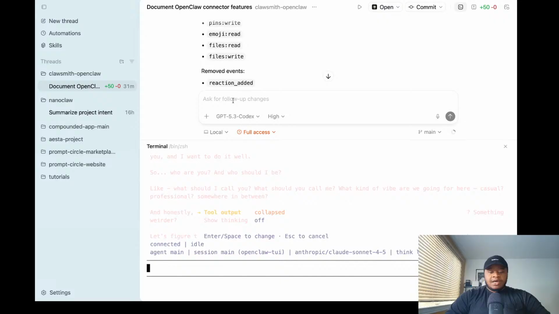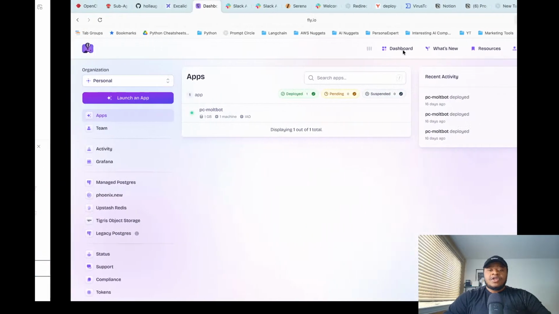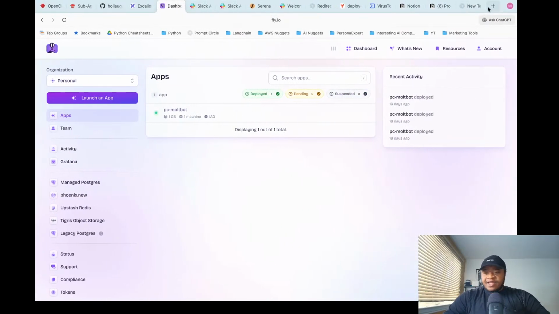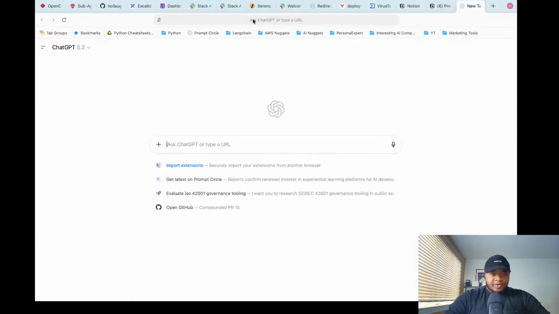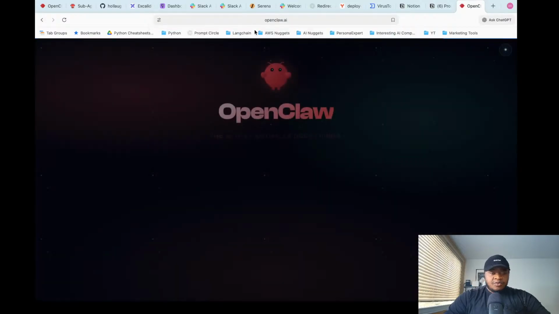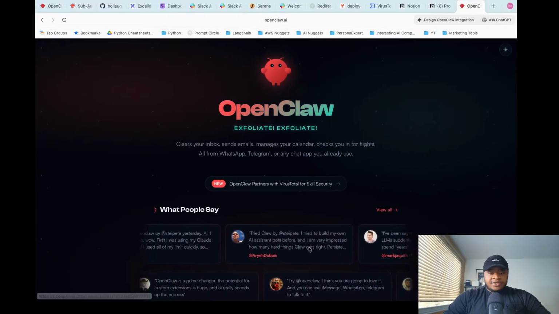I'm going to tell our agent right here, I want to deploy this repo to fly.io. Now, I have that skill for deploying to fly.io, but I want to walk through it along with you. So first off, you need to go to OpenClaw, and in their documentation,